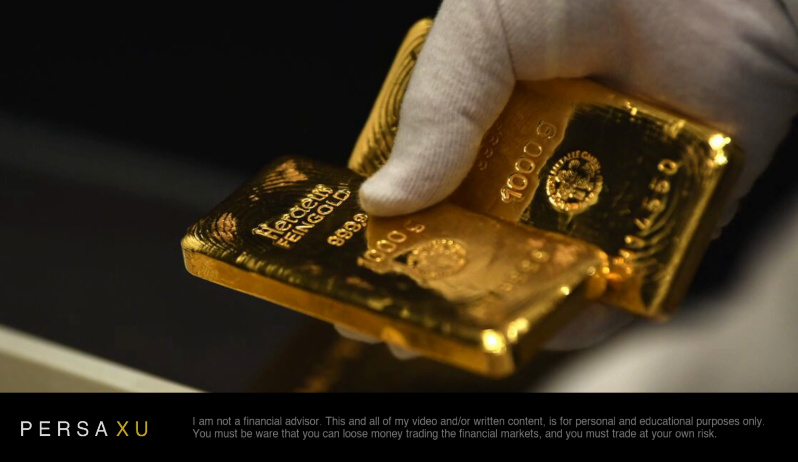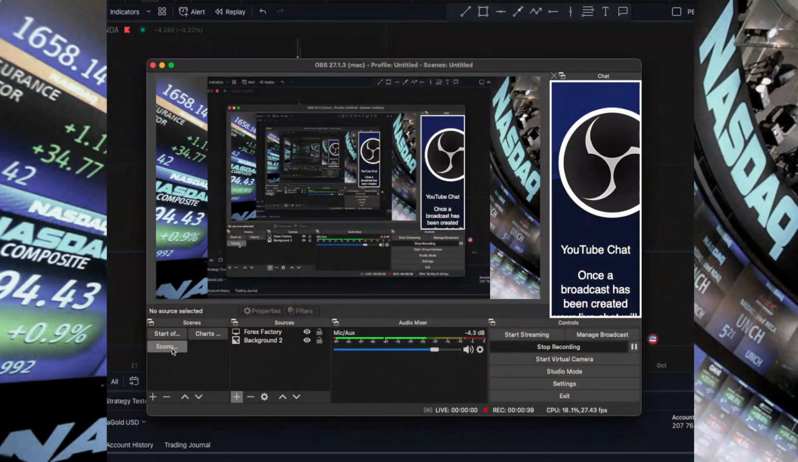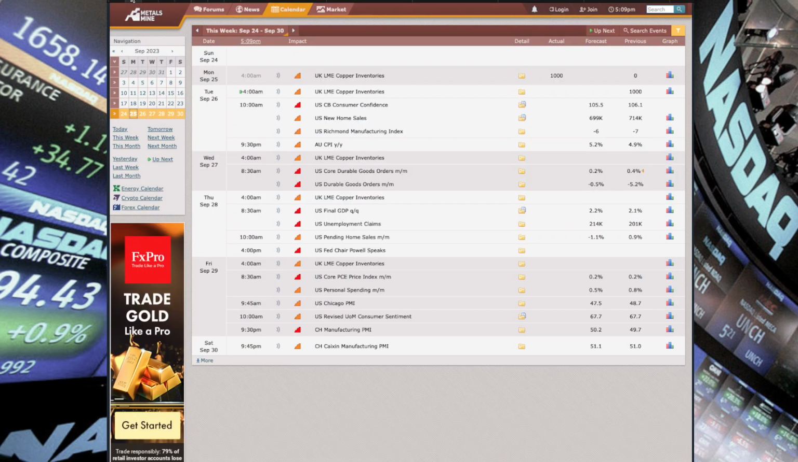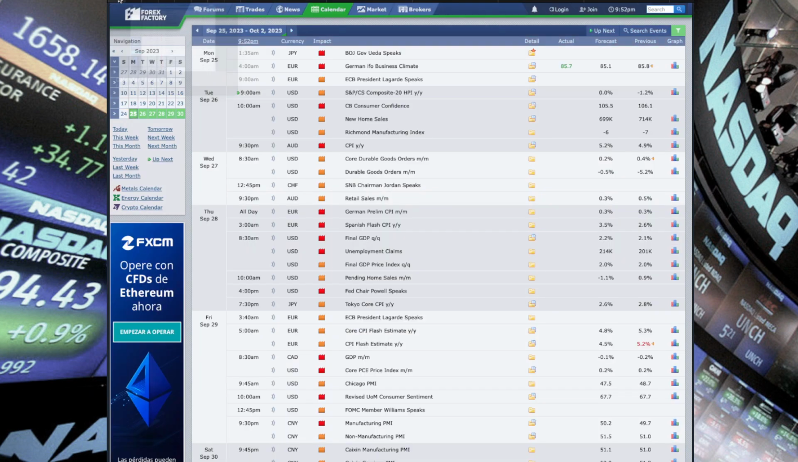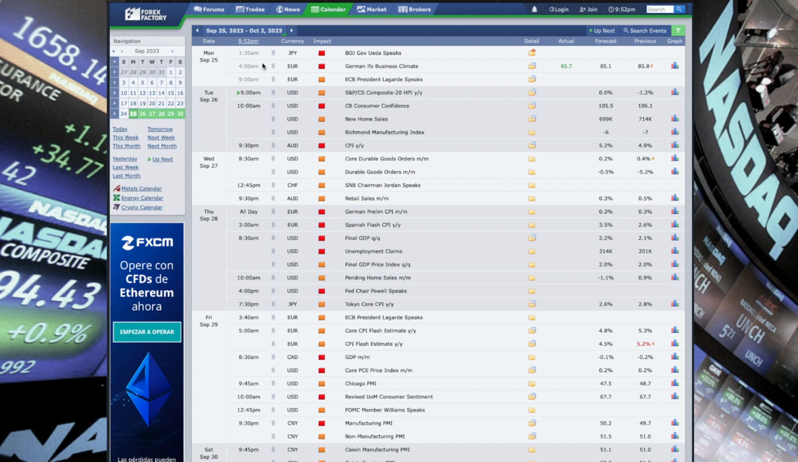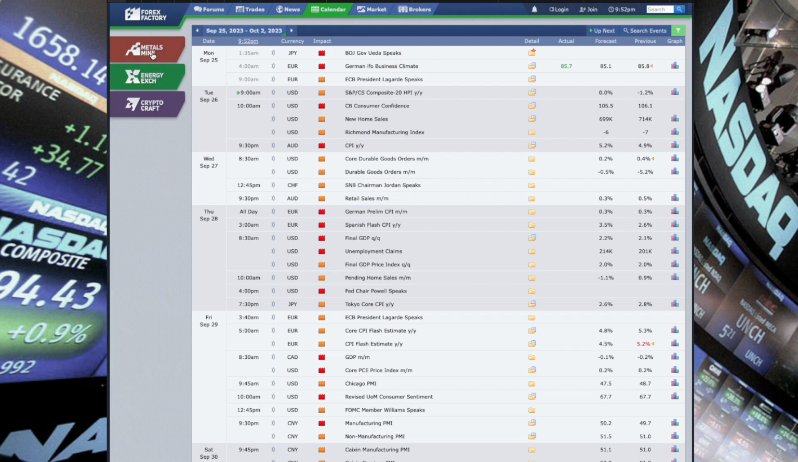Let's get started. Before anything, today is Monday. I want to show you the economic calendar, so we're going to jump real quick. You guys might be familiar with this site called Forex Factory, and in my case I will use metals. If I hover my mouse over this, I can see metals, energies, cryptos. We click on metals